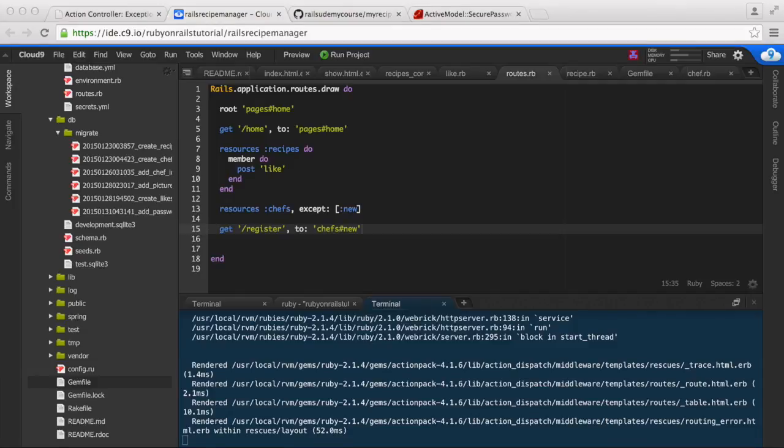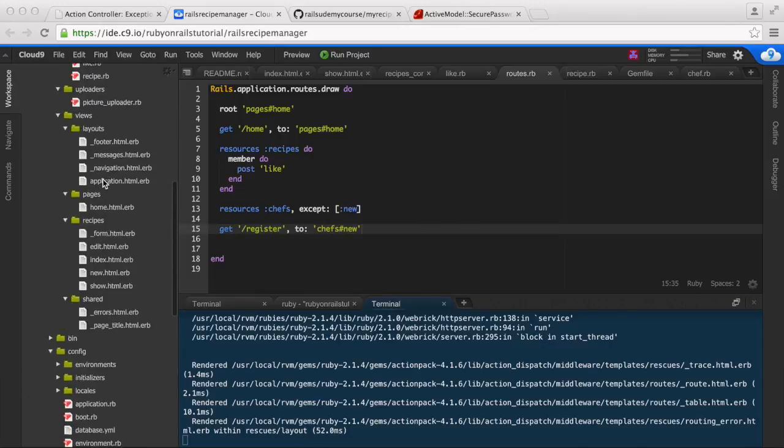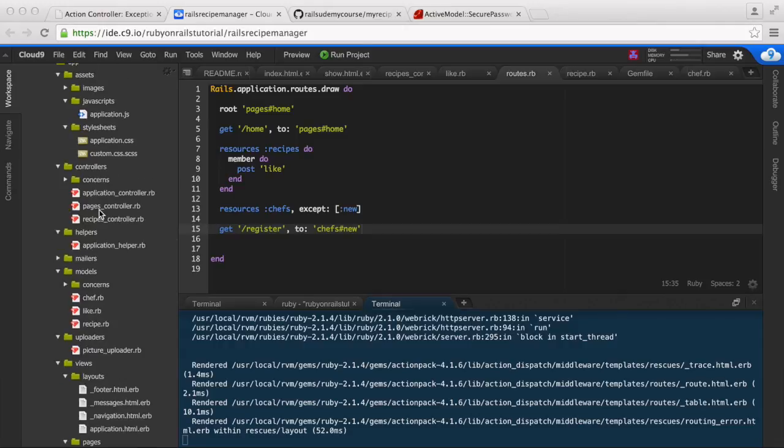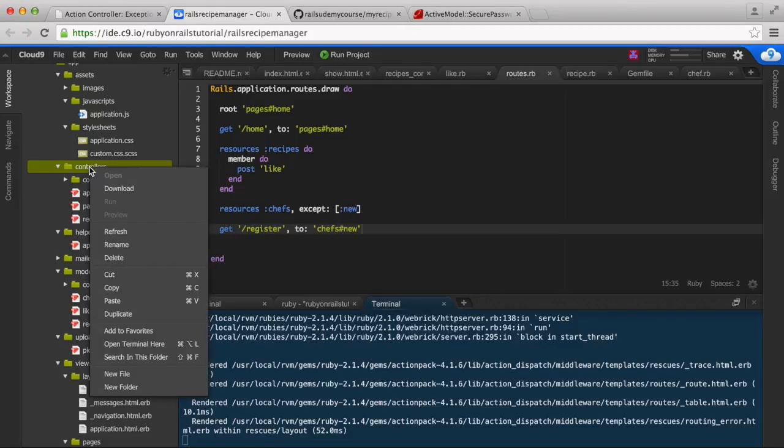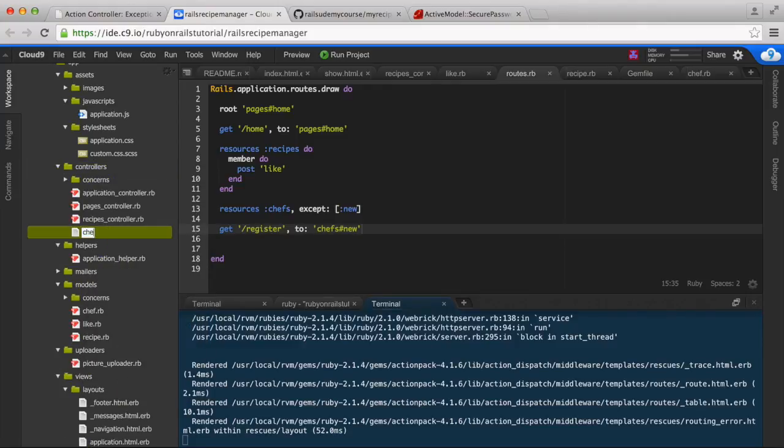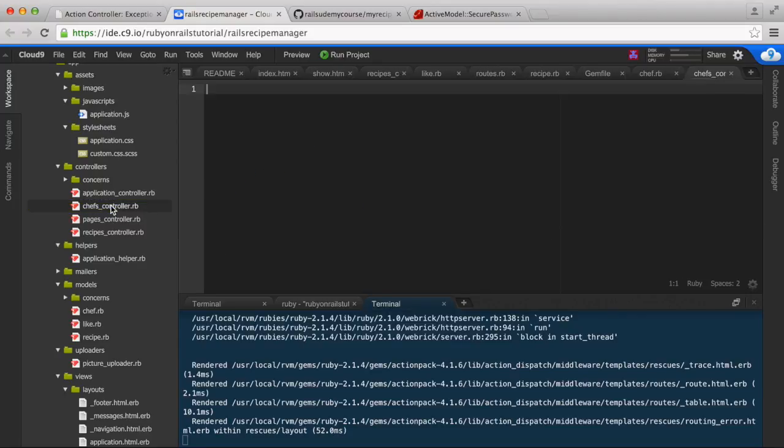And if you remember, we added the controllers under app, controllers. We currently don't have a chef's controller, so let's go ahead and add this. Right click, new file, and we'll call it chefs_controller.rb. Okay, class ChefsController, camel case, subclass ApplicationController, and